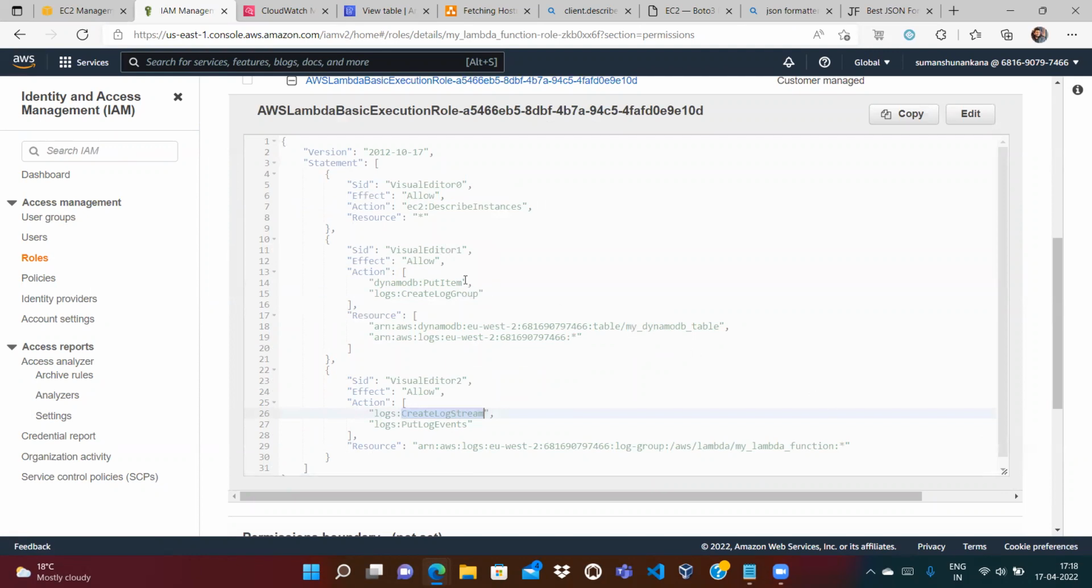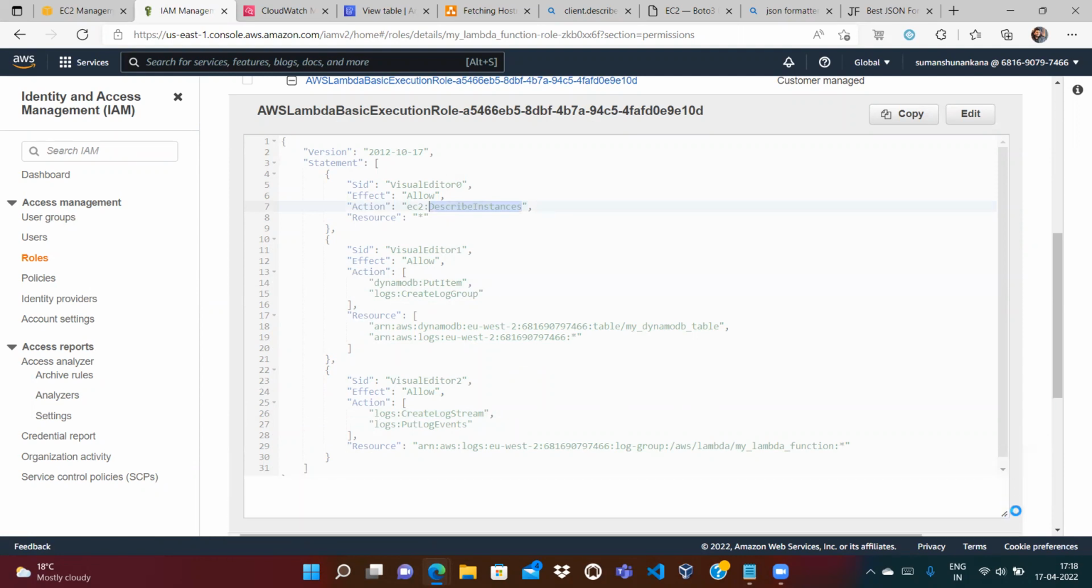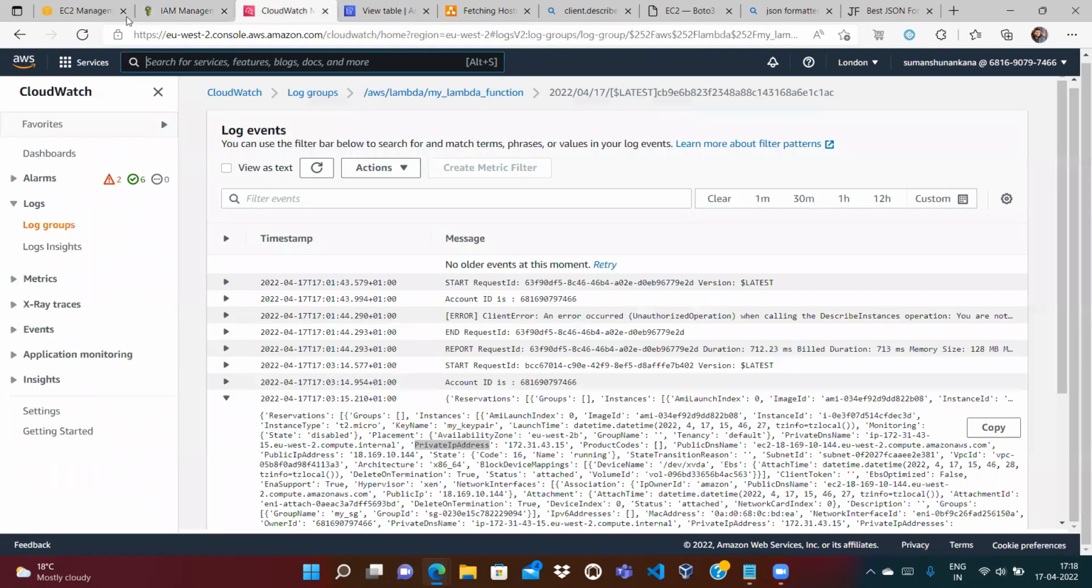Where is it? Looks like it did not attach. So let's try to attach again. No, here it is attached. So DynamoDB, we have the put item. Yeah, put item is attached here, DynamoDB. So it is attached. Now if we try to rerun it,